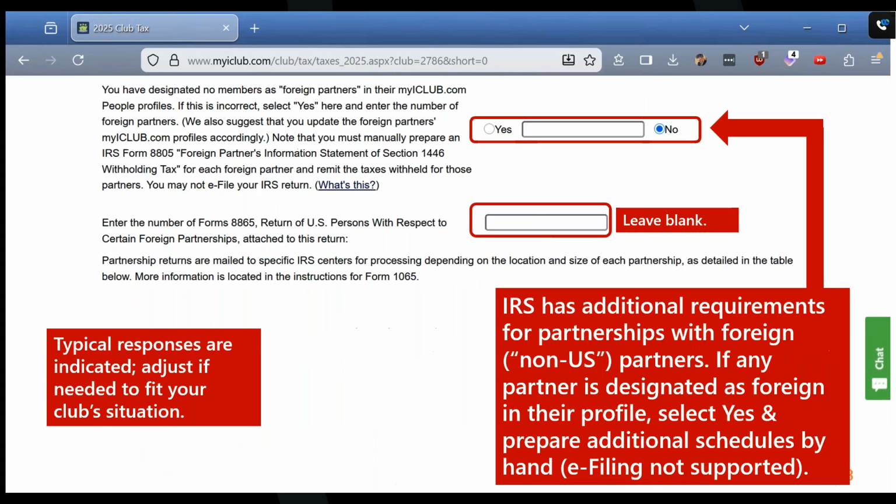Then we scroll down, and if you have any foreign partners so designated, these are people who do not have a social security number, do not have a green card resident status in the United States, then you would have to report those separately here. So on the return, you may not e-file. We don't support foreign partners, so we're exclusively in the United States. And so you would attach the number of those additional forms if you were filing on paper, and that was the case. So after that, you can scroll down,